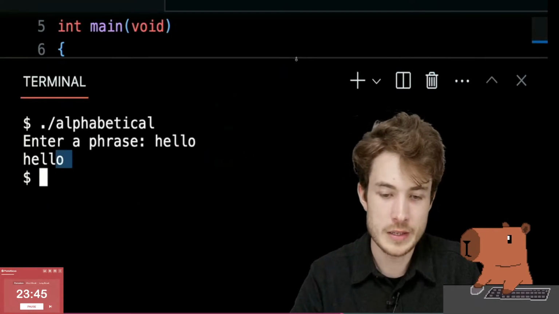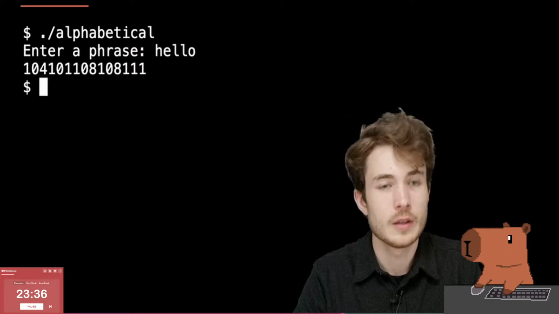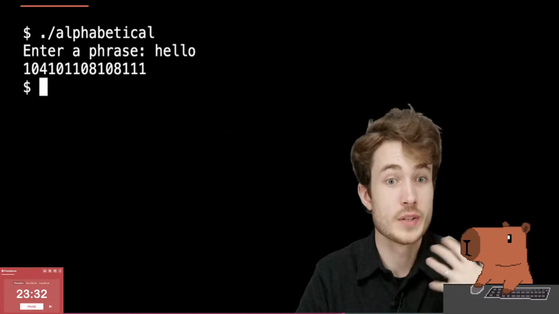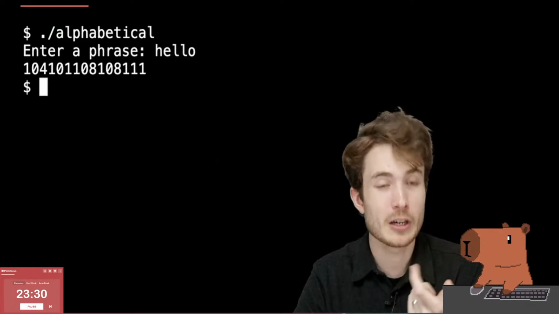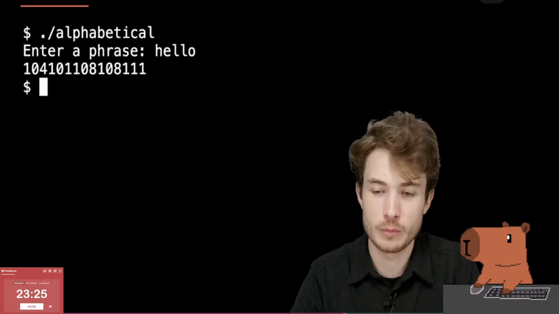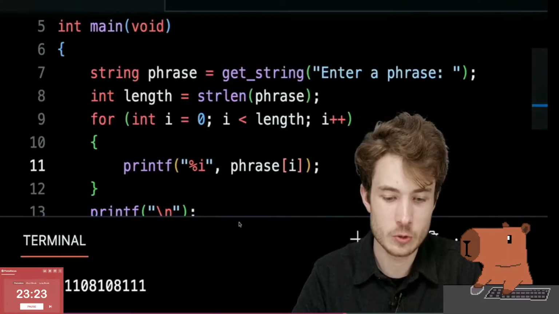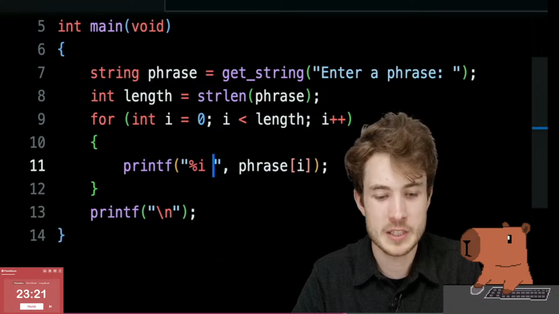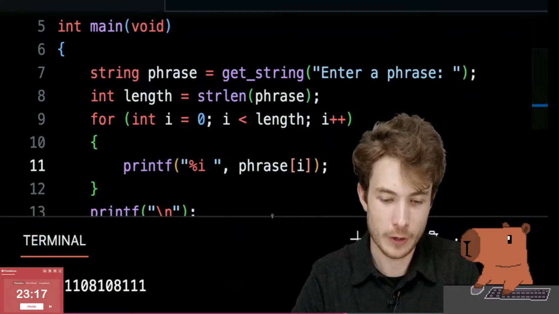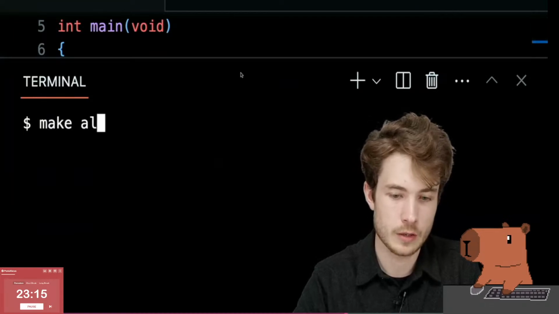So I'll try this now. I'll recompile alphabetical, then I'll say ./alphabetical, and I'll give it hello. And now I see a lot of numbers. So, I mean, that makes sense. I told it to print out now the numeric representation of the characters it's storing, but let me try this again. I'll make it a little clearer. I'll go back to my program, and I'll add a space between every character to separate these numbers apart. And now I'll recompile. I will say make alphabetical